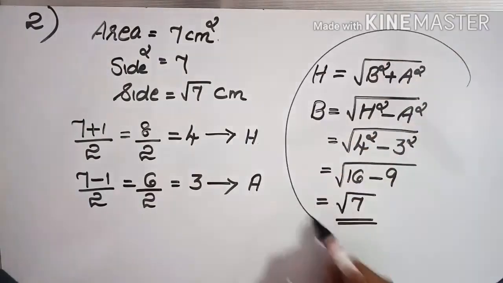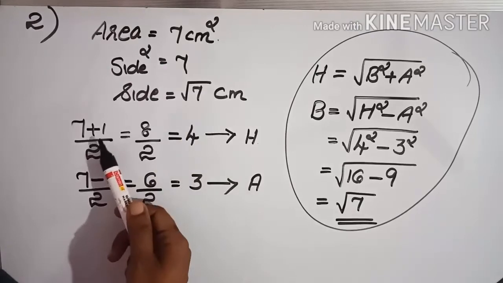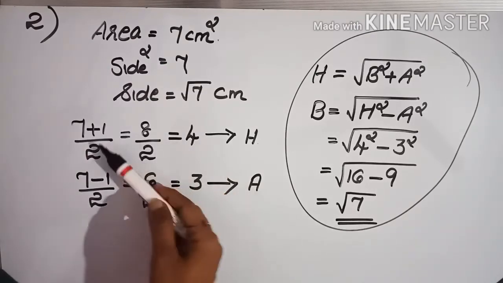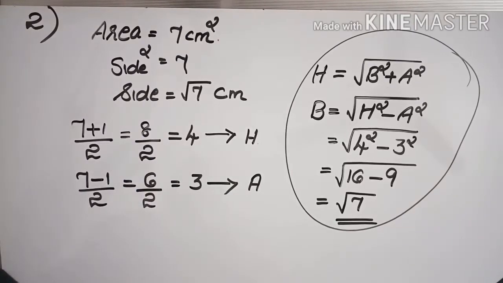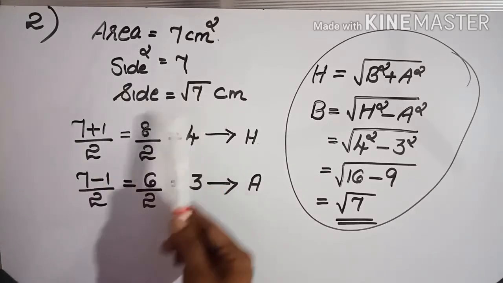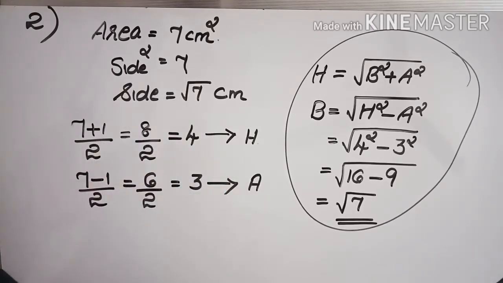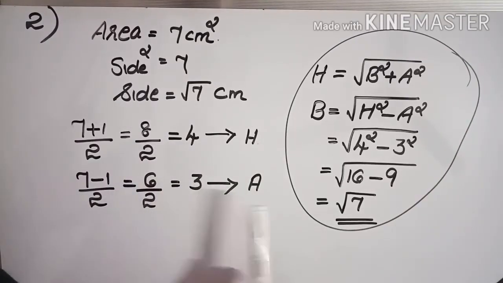But no need to check like this. You can directly write like this. Just add 1 and divide by 2, and find the final answer. That will be one number you will get. Now again subtraction, that is the number minus 1, divided by 2. Take the large number as hypotenuse and the small number as altitude. Then using this you have to draw the triangle first.